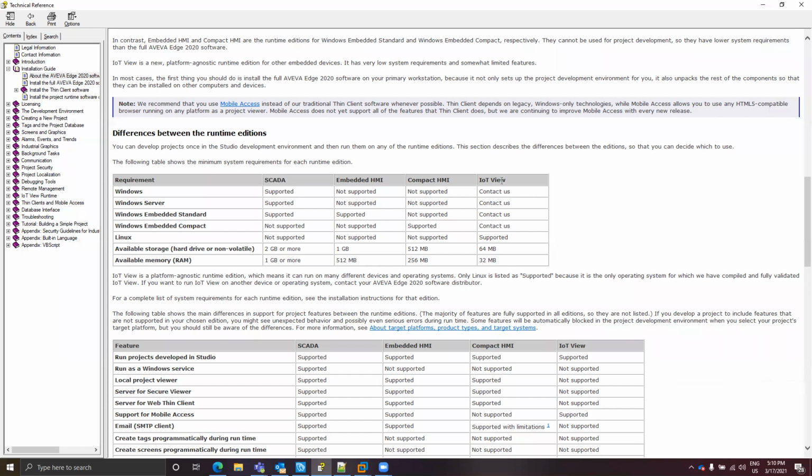And IoT View is the runtime for Linux. Very limited at this moment, it has very interesting capabilities. It's focused on IoT solutions. Right now, you can have a Raspberry Pi or a very small Linux-based industrial grade computer and load it with the IoT runtime and have communications with field devices and put that information directly in the cloud. It's very interesting. But IoT is not the topic of this specific video. I might want to talk about that in another video, but for now we will focus on Embedded HMI and